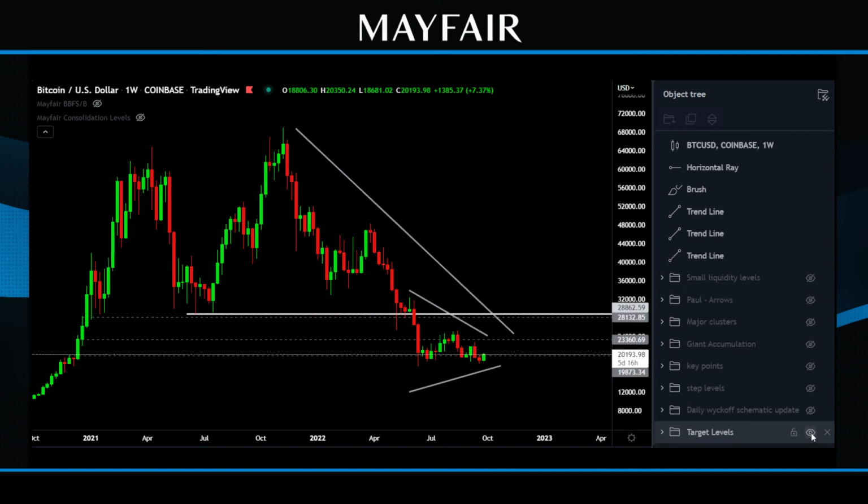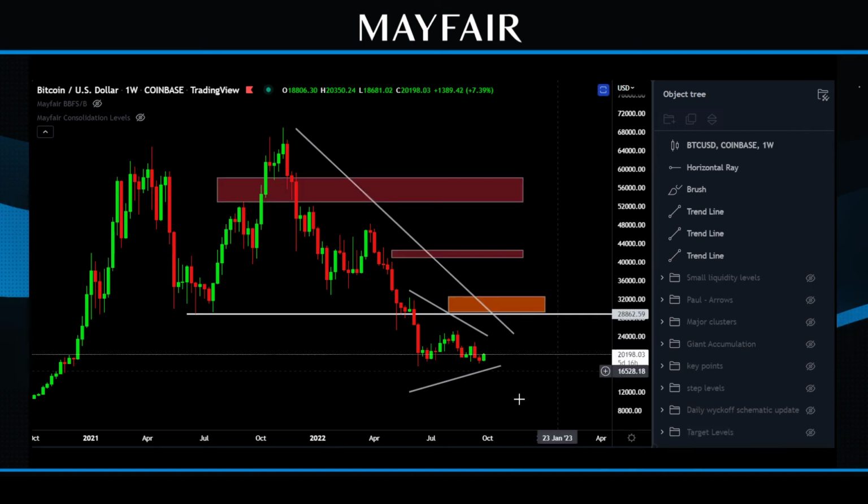Let's see what else we had. The target areas, this was the point and figure targets. Pressure zone. Again, on the way back up, we could easily expect some movement in and around the 29 to 33k. There's obviously going to be an auction area in there, with liquidity in and around here. The center of this, around 40, 41 and a half, expect a little bit of movement there. And if we break through this, my next target would be up and around here, and that really would be where I'd see potentially the B move starting to form.